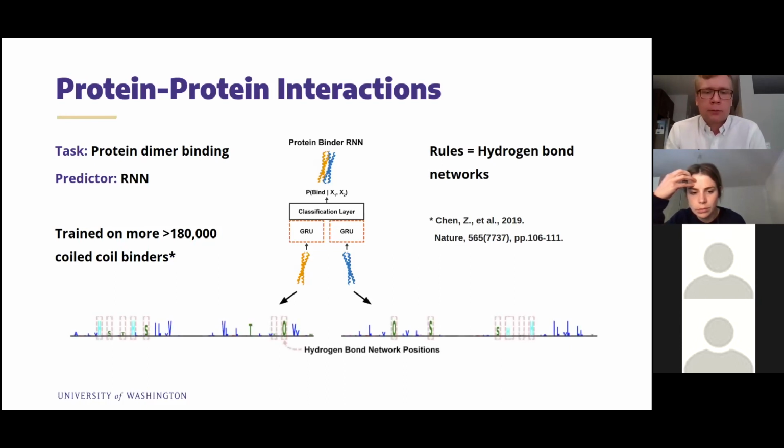And if we train a scrambler to reconstruct these binding specifications, it indeed recapitulates these known hydrogen bond network positions. So it finds these known determinants of what makes two binders bind specifically to each other, but not to other binders. It also identifies other important features like hydrophobic residues at the binding interface.